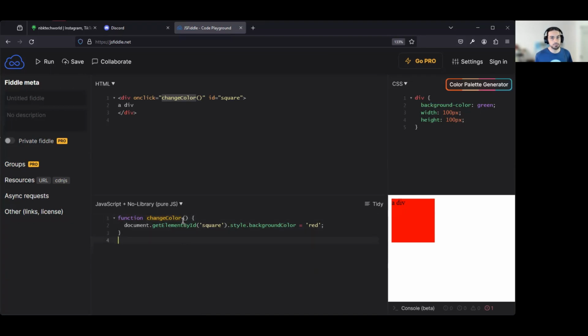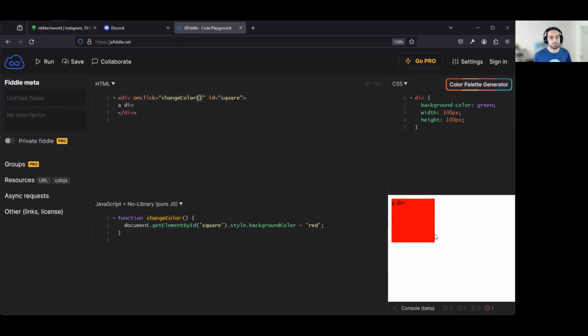By definition of JavaScript syntax, the arguments are things you can give to a function if it needs anything at all. This one doesn't need anything, therefore we leave the opening and closing parentheses empty, meaning I don't have to write anything inside, right? So I can just leave it empty. Now, the instructions are always placed between the open curly brace and the closing curly brace. So I can write whatever here as long as it's within the open and close. And all these lines will be executed the moment the computer sees the function name and the parentheses,